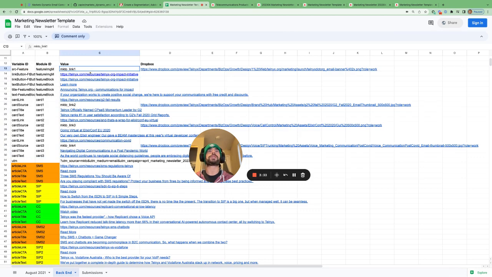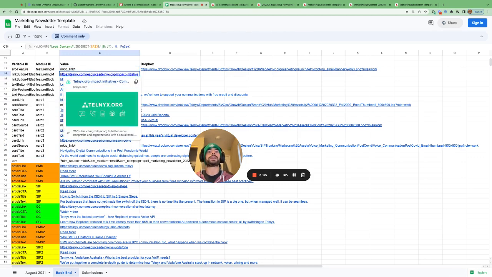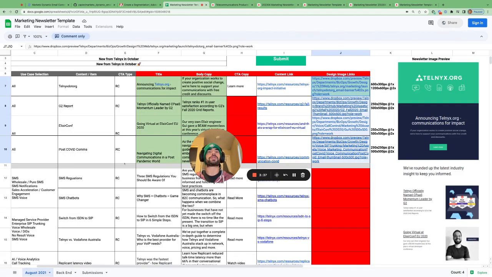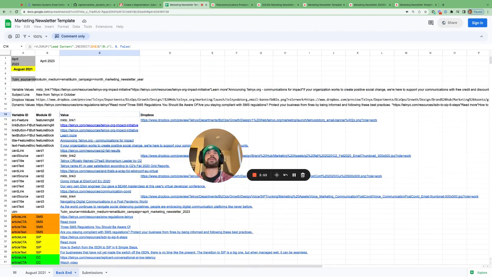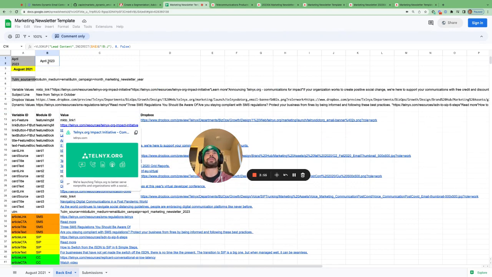And all these values here are pulled in from this first sheet using a VLOOKUP formula. And you'll notice if you look at this VLOOKUP formula, it uses another internal formula to pull in the latest month tab. So here at the top, we've just got a little formula that pulls in the current month. So if your